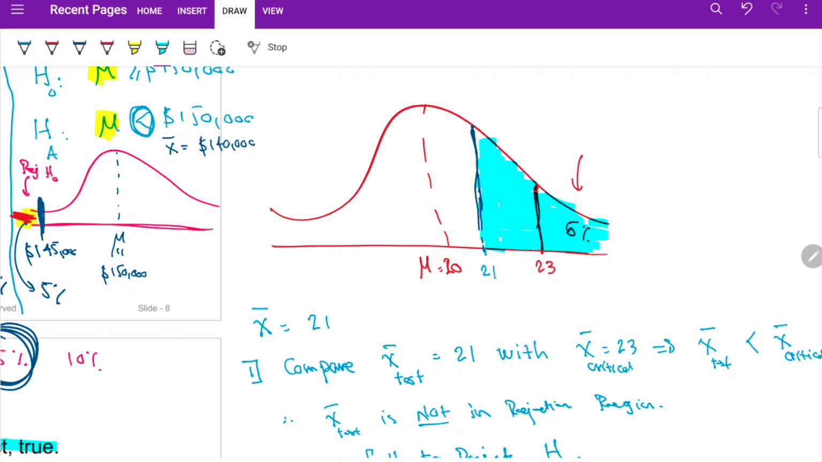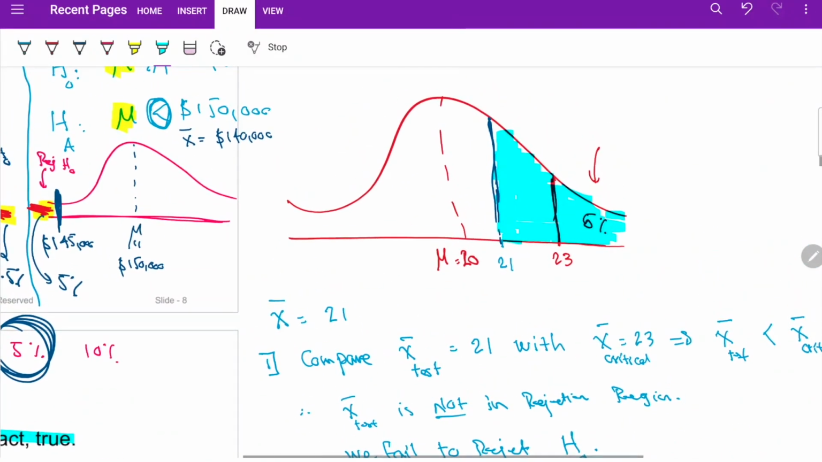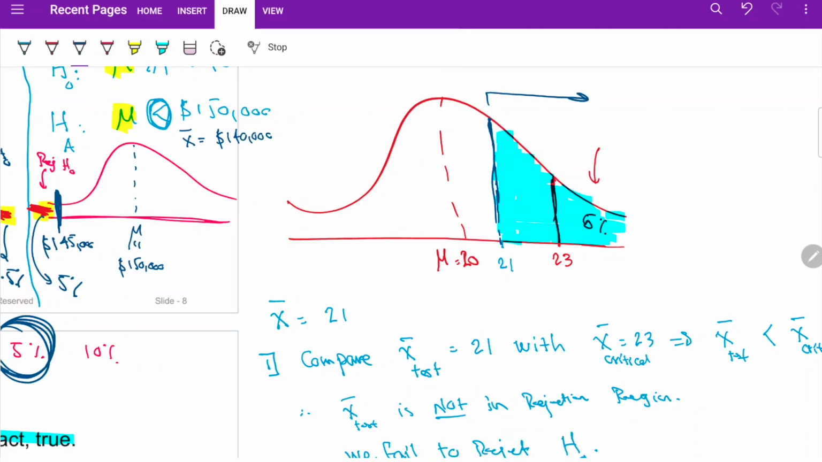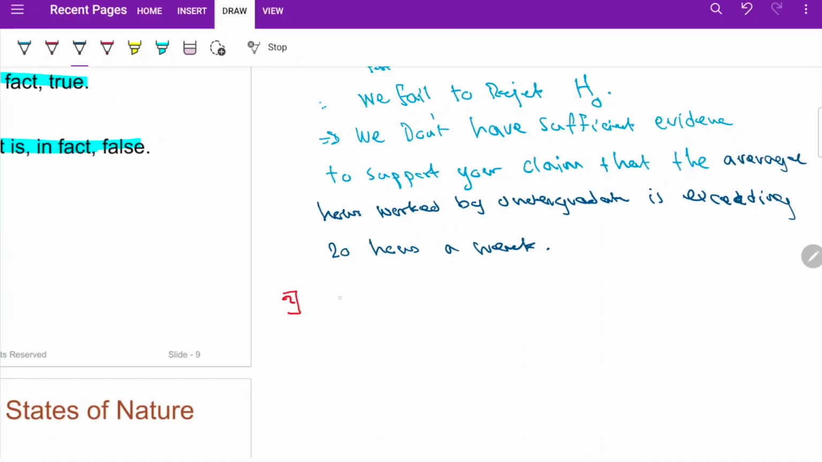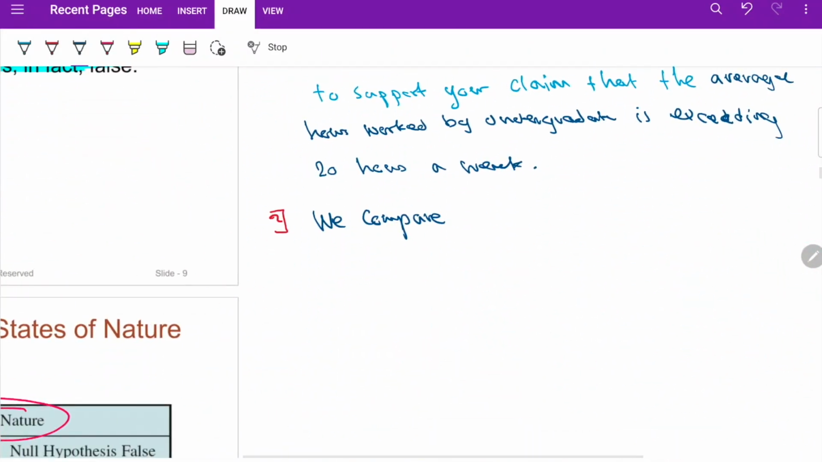Is it greater than 5% or less than 5%? Yeah, it is greater than 5%. So you're going to compare the area at the right-hand side of the 21 with the rejection region, which is this one, 5%. In this example, we use the area on the right-hand side. In another example, if you have a left tail like this one, you're going to look at the area on the left, right? So we compare the area on the right